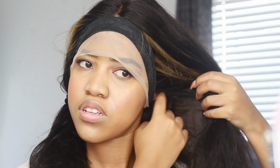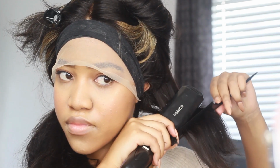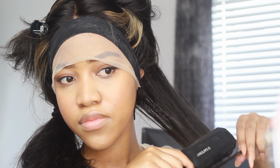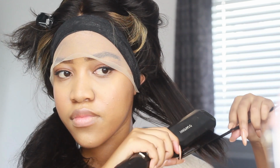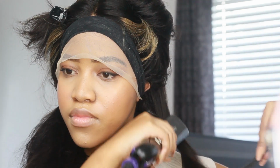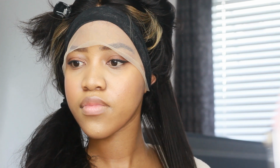I used this pantyhose or stocking leg to tie up the lace while it dries with the glue and all of that. And then I use this time to straighten the hair. You guys can actually tell, while I'm straightening it, how soft and good quality it is. I do want to take this time while I'm straightening this first half to talk a little bit about the